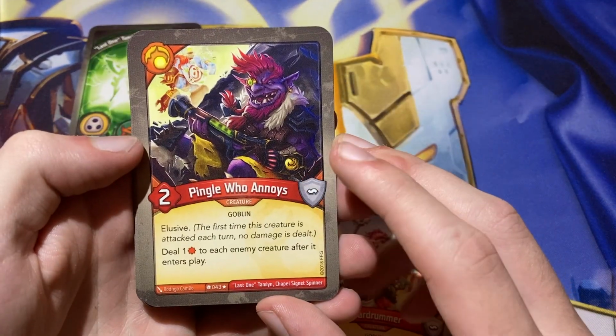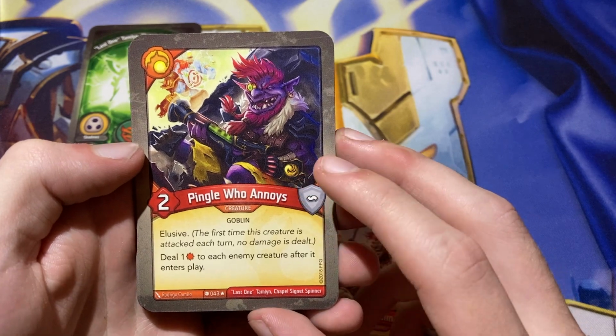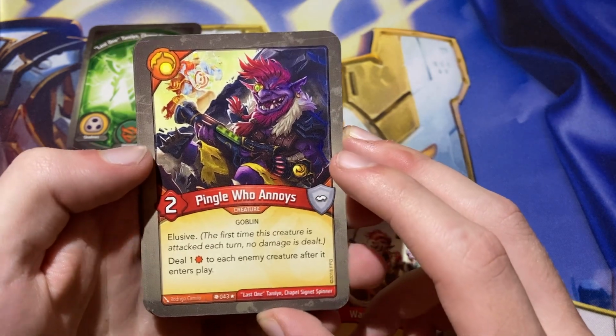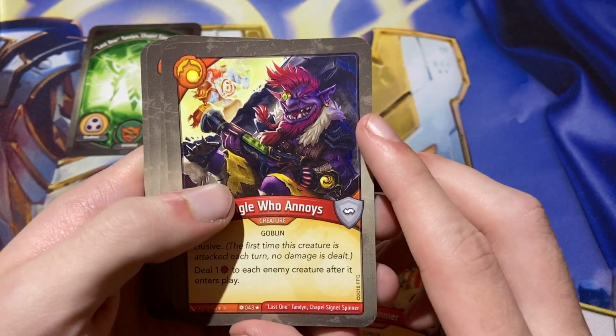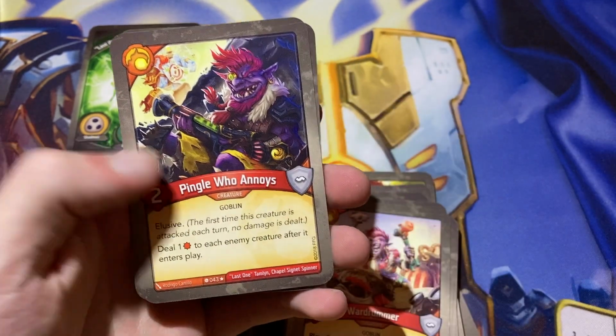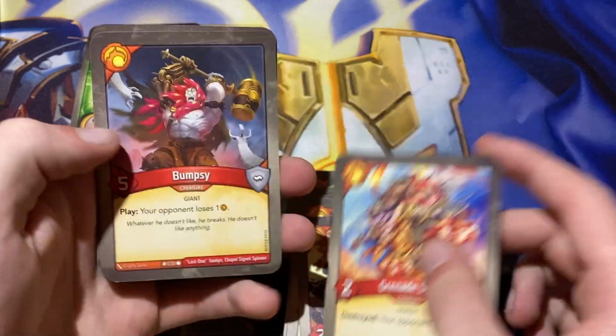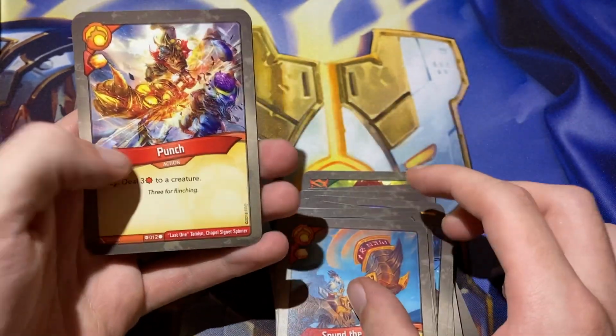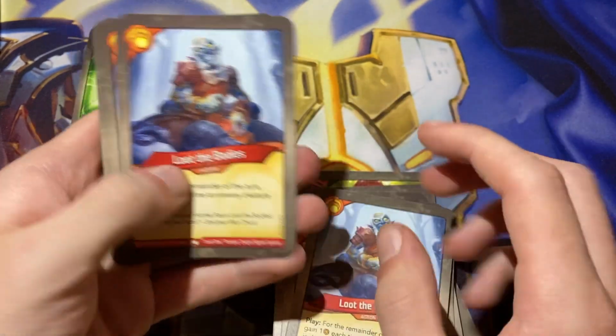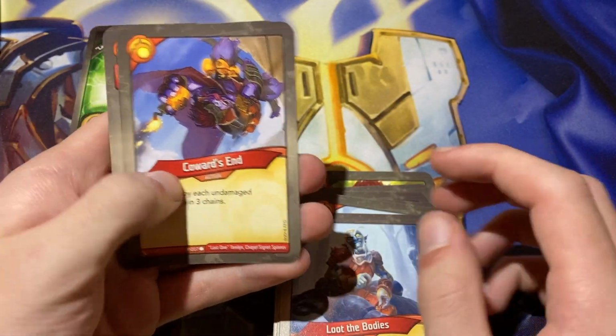Pingle Who Annoys, elusive, deal 1 damage to each enemy creature after it enters play. Not bad, not great. I don't know. I don't have much experience with this guy, but he seems like he would be kind of annoying, as the name suggests. Grenade Snib, Bumpsy, Unguarded Camp, Sound the Horns, Punch, Loot the Bodies, Double Loot the Bodies, Coward's End,